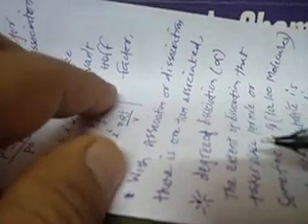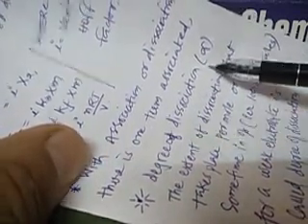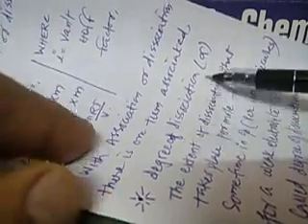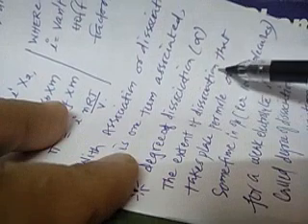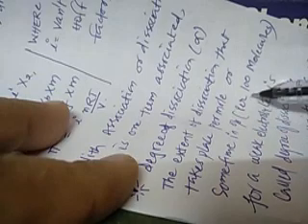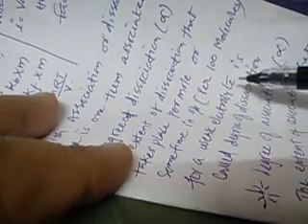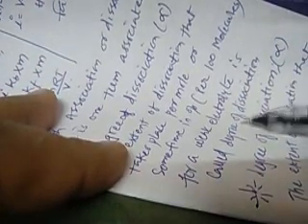With association or dissociation, there is one term associated, that is known as the degree of dissociation or degree of association. So first we will understand degree of dissociation. The extent of dissociation that takes place per mole, or sometimes in percentage, that is per 100 molecules, for a weak electrolyte is called the degree of dissociation.